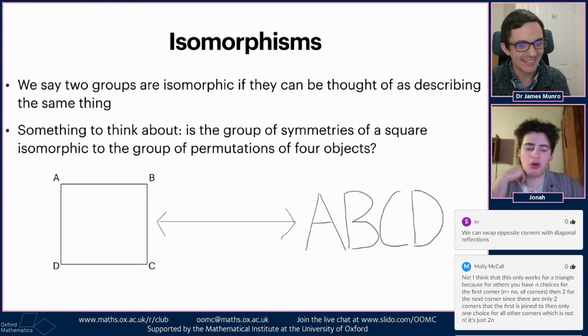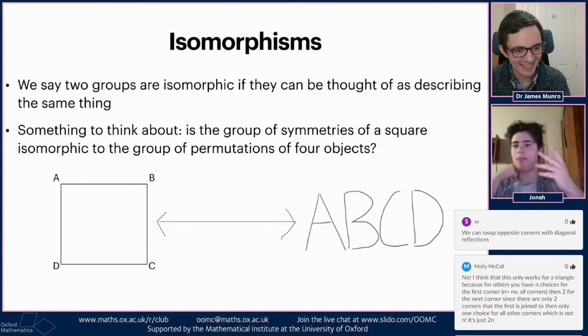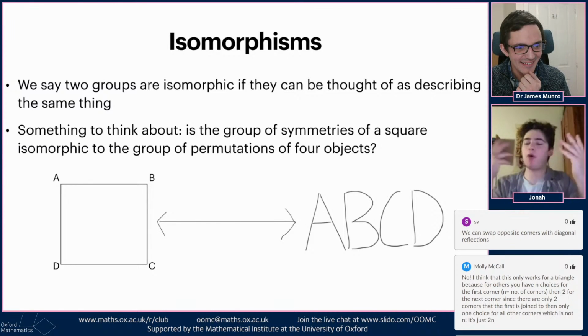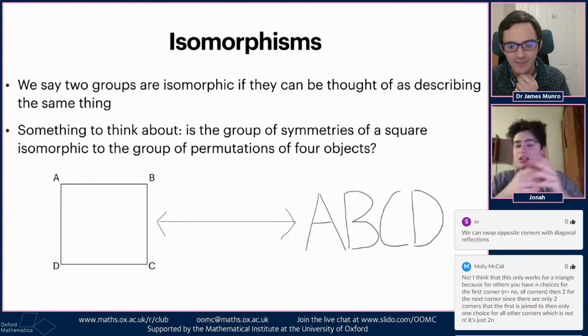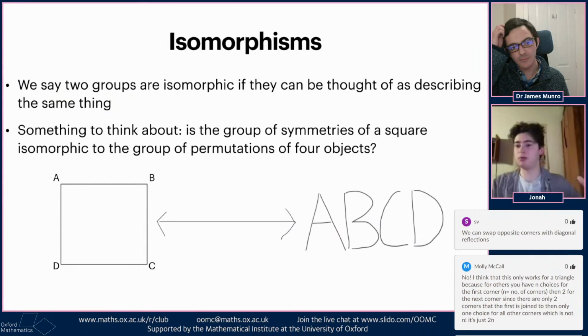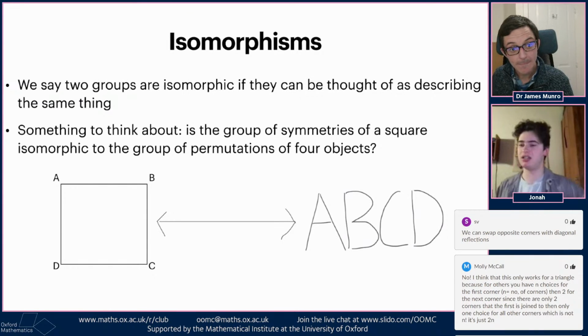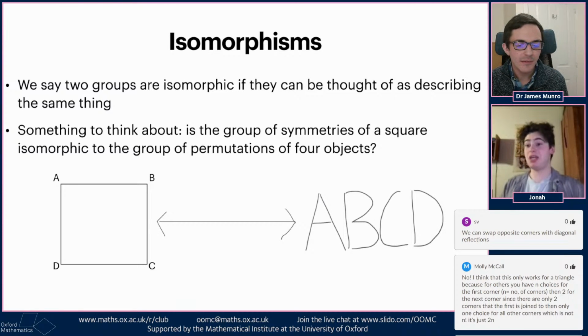Exactly. So if we have a group that might be quite hard to visualize, we could often take it and consider an isomorphic group, which is perhaps easier to digest, a more palatable group that is easier to picture in our head. And we're going to go on to do a bit more about what these isomorphisms actually mean in the wider